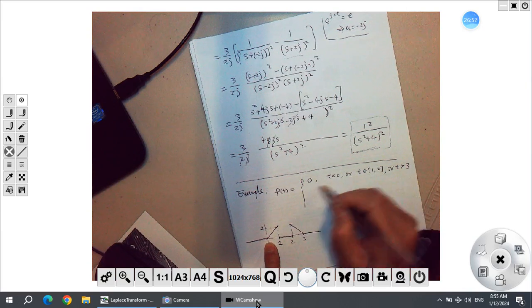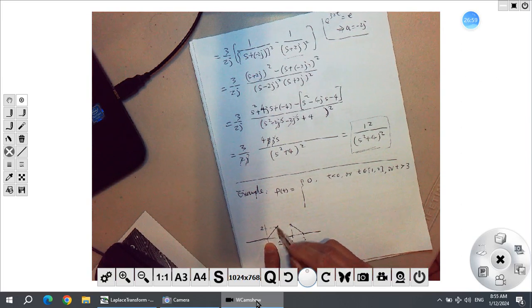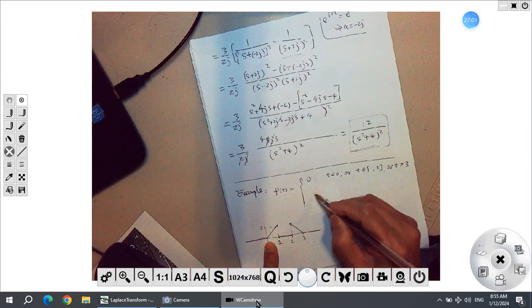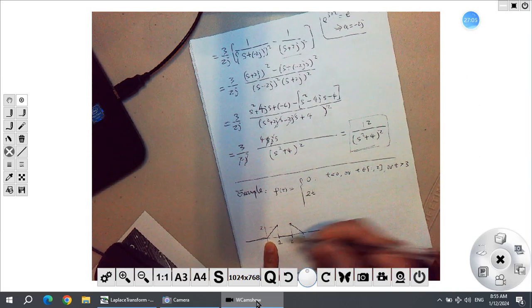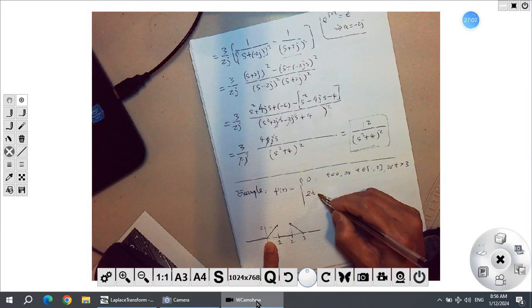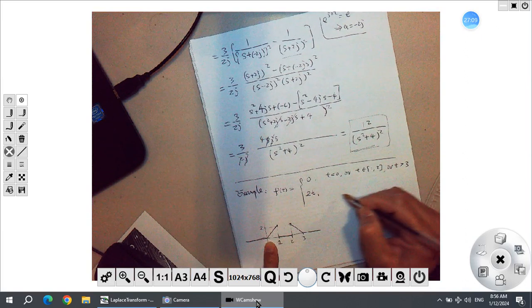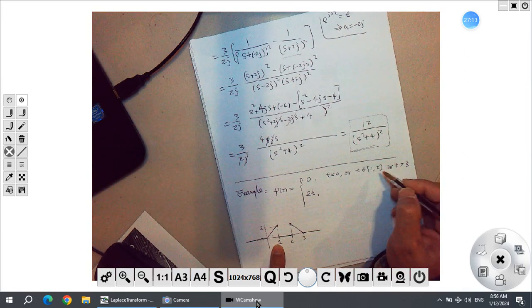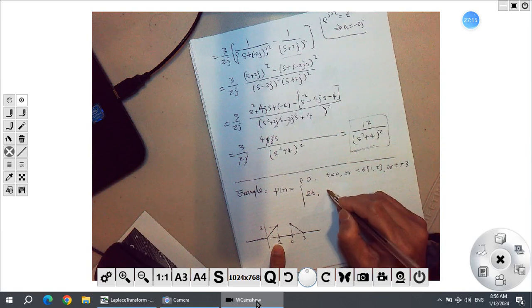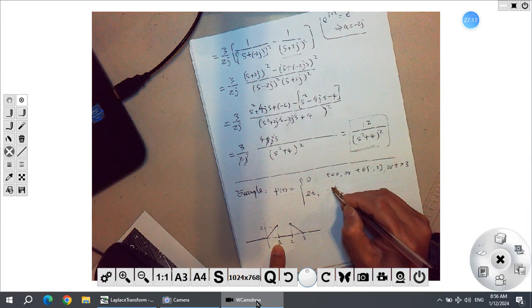Okay, so here's a ramp, right? Ramp slope is 2, so this is a 2t. Right? Ramp t is a ramp, right? 2t, slope is 2. This is for t belonging to 0 and 1. I can also write it this way: t between 0 and 1